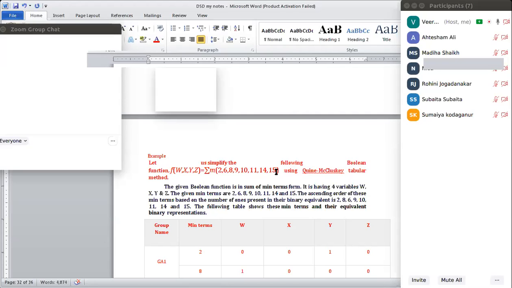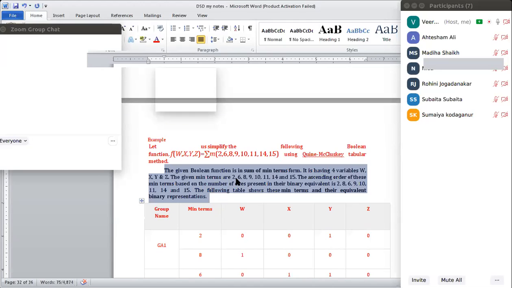So how many minterms will I get from the truth table? 2, 3, 4, 5, 6, 7, 8. Eight minterms I will get if I generally write the minterms for each of the cells here: M2, M6, M8, M9, M10. Now I am going to solve this function using the Quine-McCluskey tabular method. So what was the first step? Arranging these eight minterms in ascending order based upon